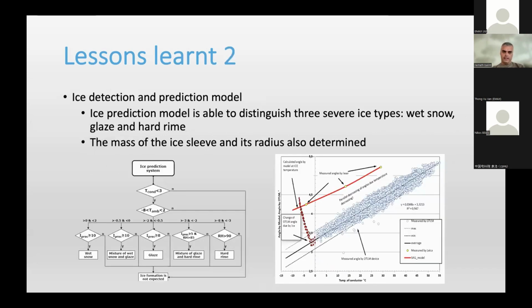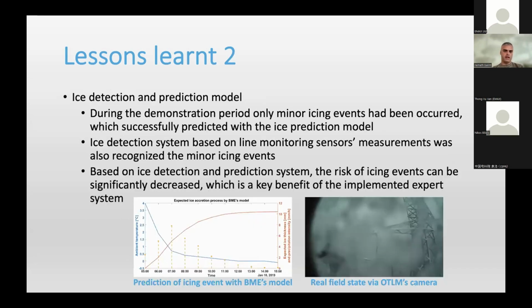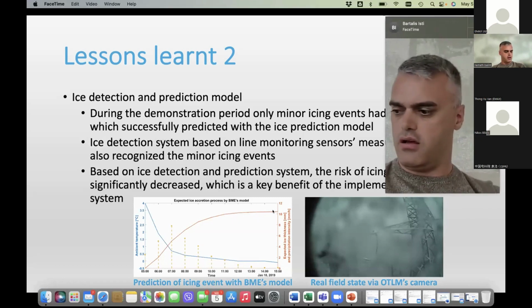And about the icing event and the icing prediction model, the ice prediction model is able to distinguish several ice types, as I mentioned, the wet snow, the glaze, and the hard rime, and also the mass of the ice leaves and its radius are also determined. Unfortunately, we didn't have so many different cases, or fortunately, depends on who you are asking. But during the demonstration period, only minor icing events occurred, which were successfully predicted with the icing prediction model, and the icing detection system based on the online monitoring sensor was also